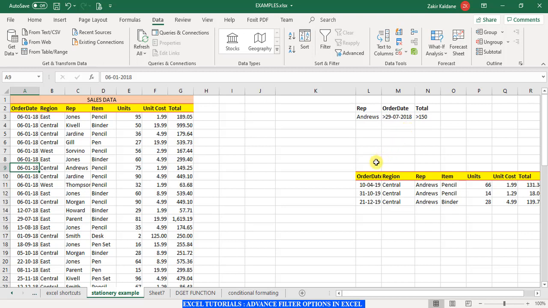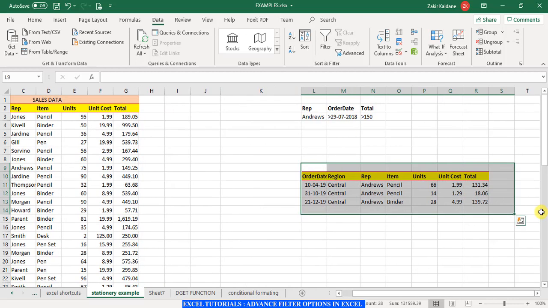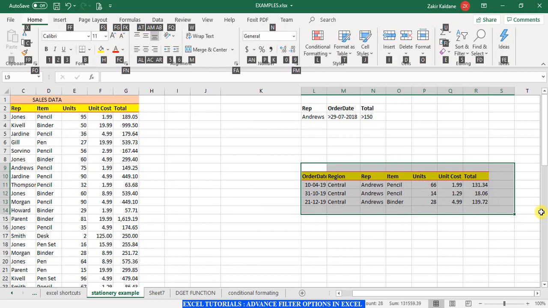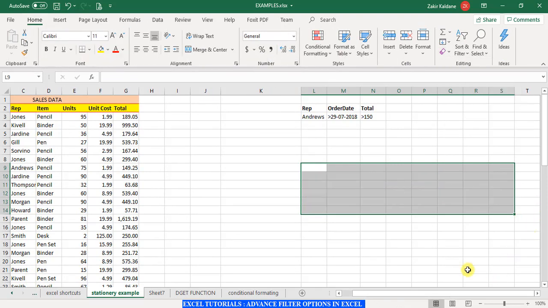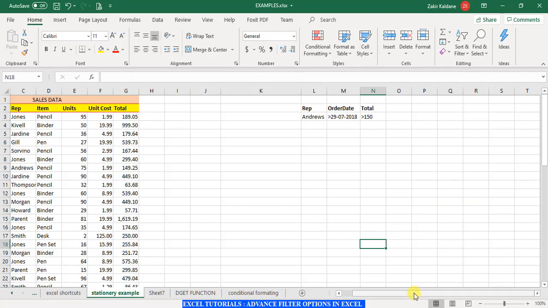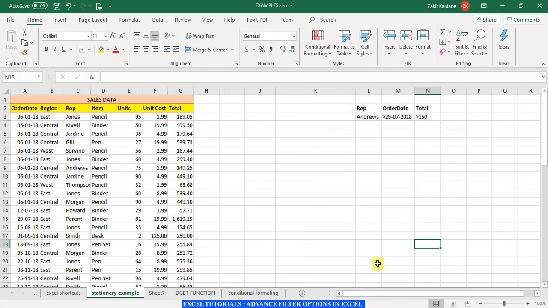Okay, great. Now the third example what we will take, let me clear this with Alt H, E and A. So we clear it, Alt H, E and A. Please remember this is a very useful shortcut, and I will be making in fact a separate tutorial to show this shortcut. Okay, so let us take one more example.